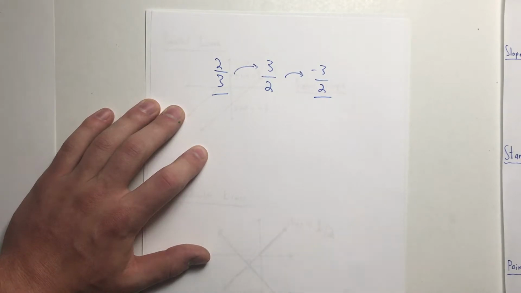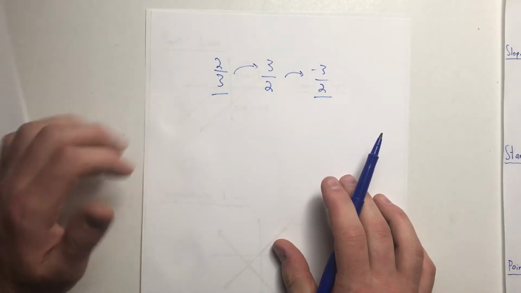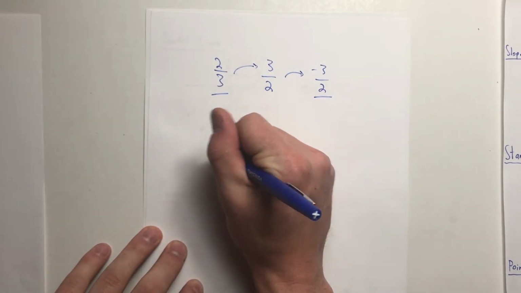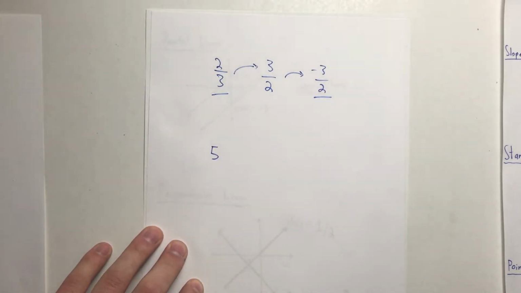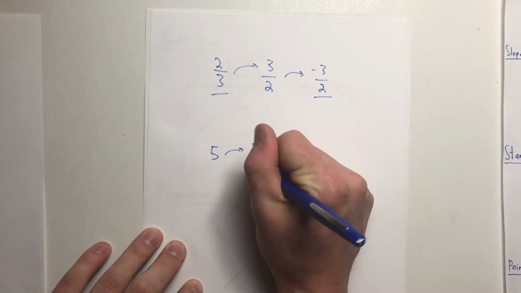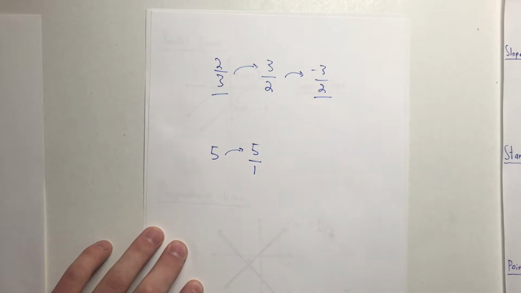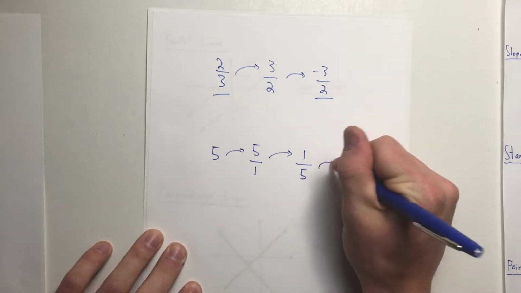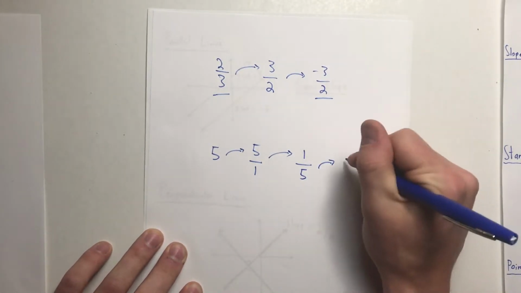What if we don't have a denominator on the fraction? So let's do, what is the opposite reciprocal of, say, 5? Well, I like to add in a little step here just to make it extra clear. I like to change that to a fraction. So 5 can be written as a fraction, right? As 5/1. So I'm going to change it to a fraction, and then it's just like this example up top. We're going to flip that fraction, so this is going to become 1/5. And last thing we're going to do is change the sign,